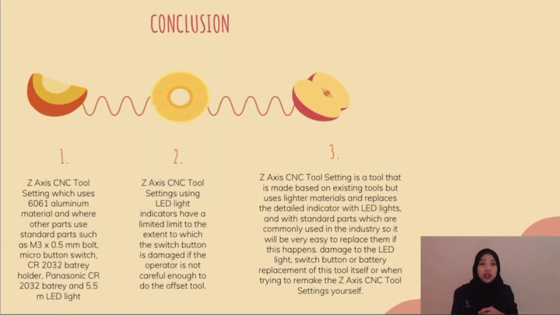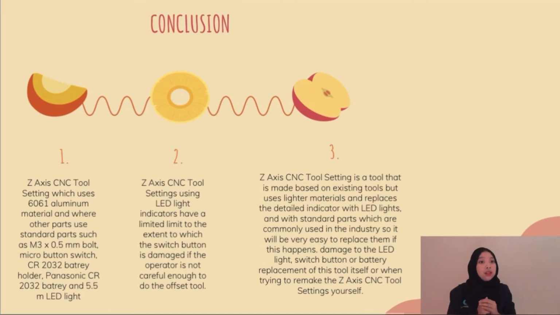Based on the result of the discussion of the Z-axis CNC tool setting, it can be concluded that 1. Z-axis CNC tool setting uses 6061 aluminum material, and other parts use standard parts such as M3 x 0.5 mm bolt, micro button switch, CR2032 battery holder, Panasonic CR2032 battery, and 5.5 meter LED light. In number 2,